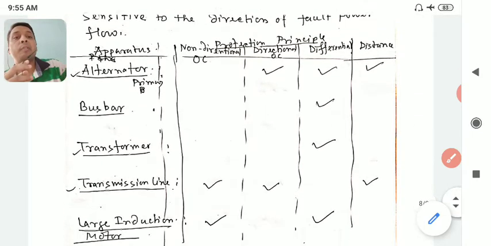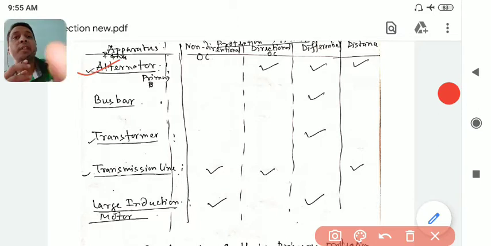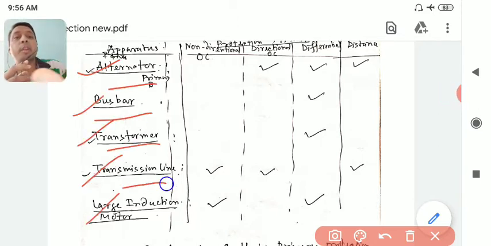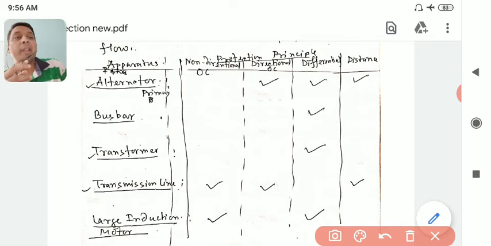Now in a nutshell, if you want to see how many components and what are the different schemes. These are mostly the components in a power system: alternator, bus bar, transformer, transmission line and induction motor. Mainly I am talking about the primary protection of all these. What is the basic primary protection of all these?